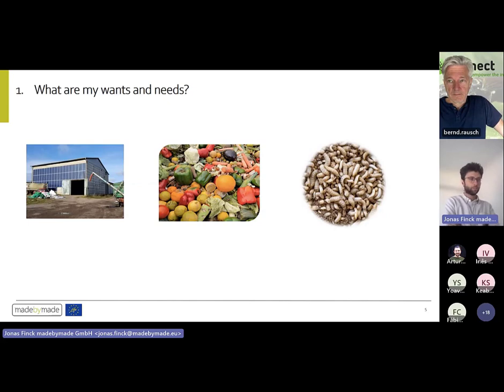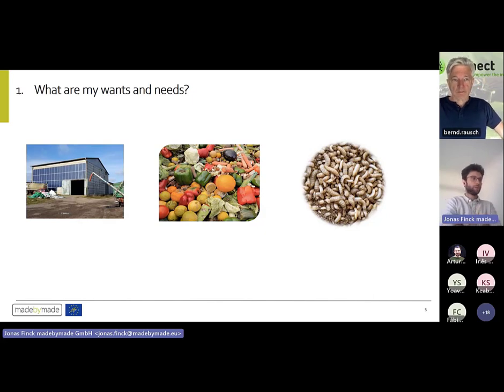But all these questions, or all these goals, you can answer in different ways, because for old buildings, you can think about vertical farming. For organic waste, you can think of biogas or other technology to get rid of it, also depending always on the amount and maybe on the quality of that material. And in terms of alternative proteins, we can think of algae and other production facilities to produce alternative protein. So for me, it's very crucial that we first think about your motivation.